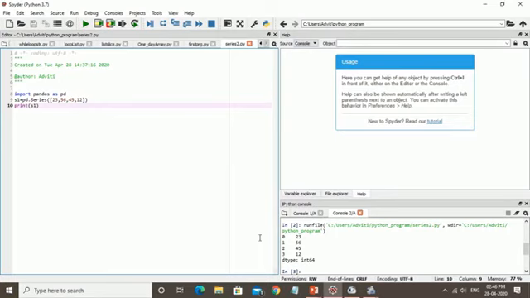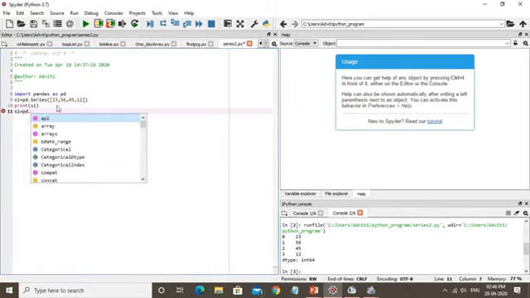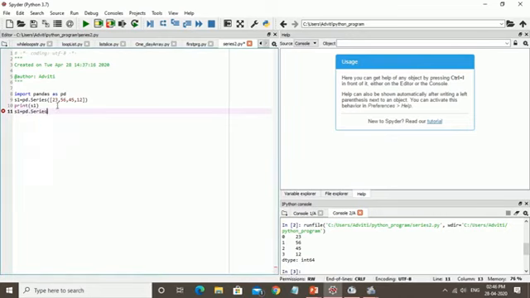Now next we can start how we can define the range with the series. This is a simple series with parameters, and we can also use the range function, like s1 equals pd.Series, and then define range.